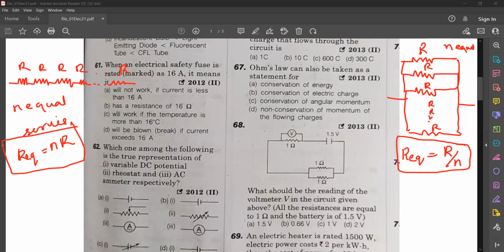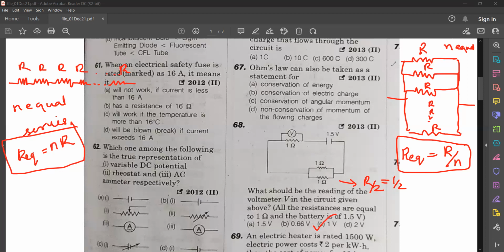So here in this case, we have two equal resistors connected in parallel. So what is that? R by 2. That's why we got 1 by 2. Two equal resistors connected in parallel, so 1 by 2. Here n equal resistors are connected in parallel, so it is R by N. Here n equal resistors are connected in series, so it is N into R. So please note down, that will be useful in this kind of questions. So for this question, answer was option C.